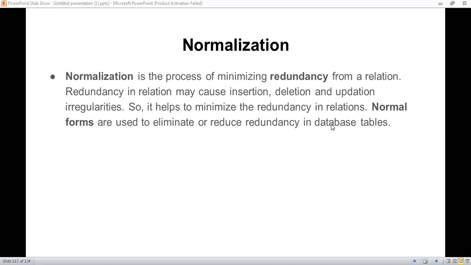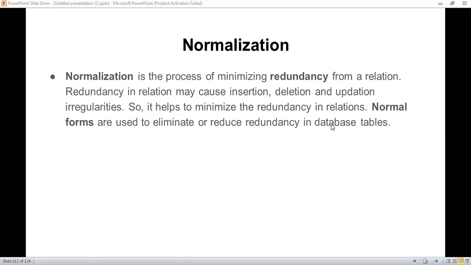So redundancy in a relation causes insertion, deletion, and updation operation irregularities. That means when we perform operations related to insertion, deletion, and updation, then redundancy in a relation might happen. Okay, so redundancy of data, we have to minimize that.